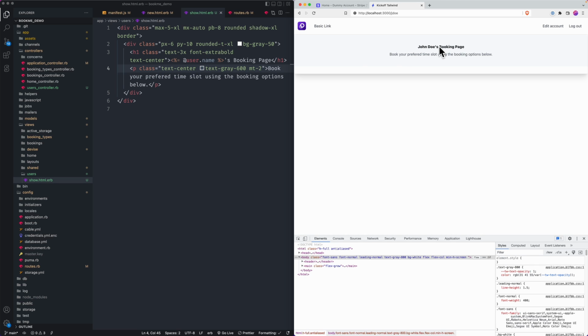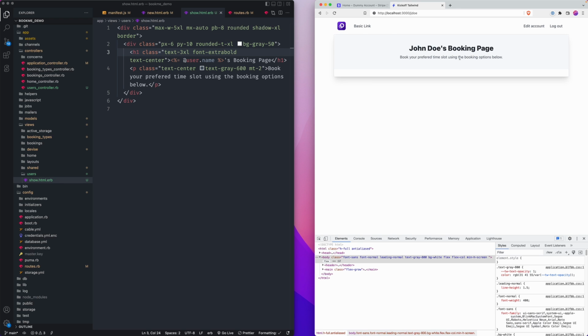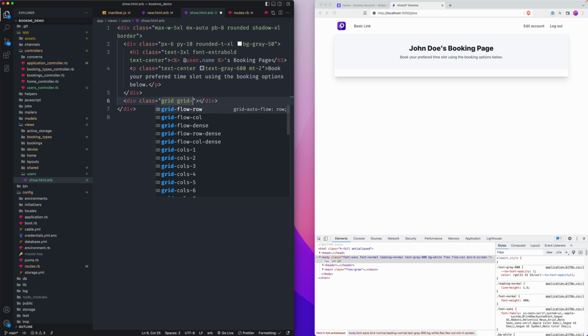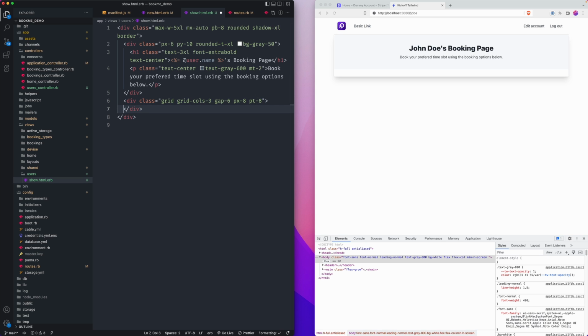All right, this should give us some stuff to work with here. I'm trying to type fast and ruining the UI. Okay, now below that will be where we actually render the booking types. So I'll just do the groundwork real quick. So we'd render user.booking types, since we have that association. Each do booking type, loop through those,